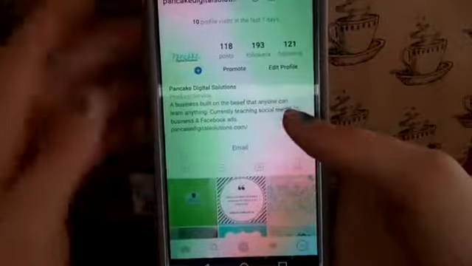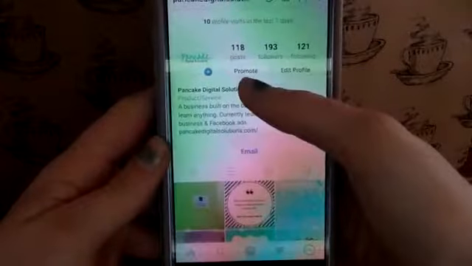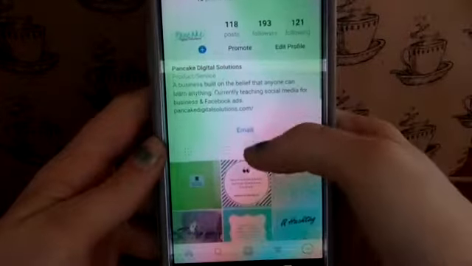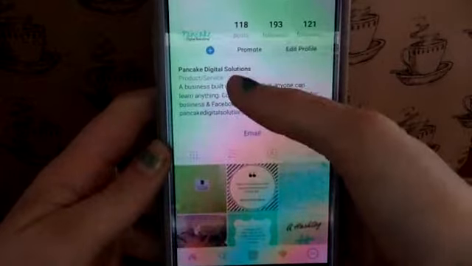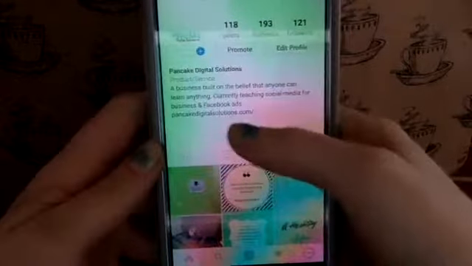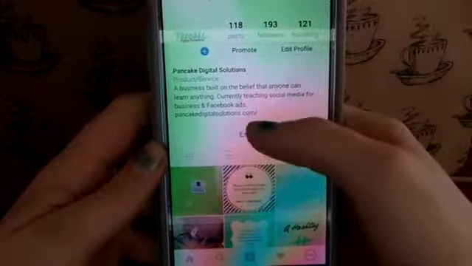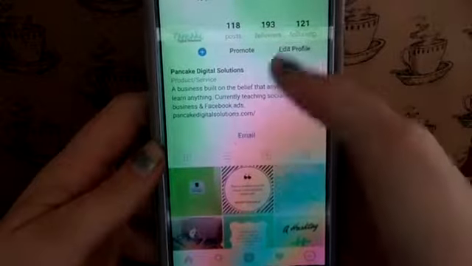So you'll have how many posts you have, how many followers you have, who you're following. You can do some promotions, edit your profile here. You got the name, the type of page it is, as well as your little about paragraph and a link to your website. A new thing that's recently come out,